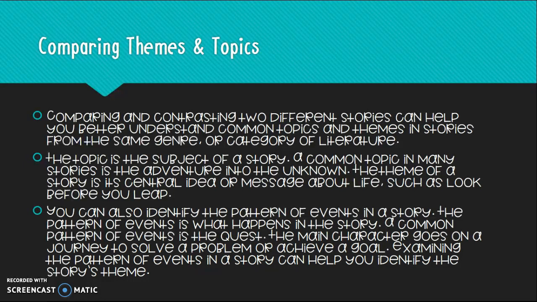or things like that. Then we also look at patterns of events in a story. The pattern of events is what happens in the story. A common pattern is like the quest or the journey that the main character goes on to solve a problem or achieve a goal. And looking at the pattern of events specifically in a story can help you to identify the story's theme. So they all play together to help you look at the things that are similar and that are different in these